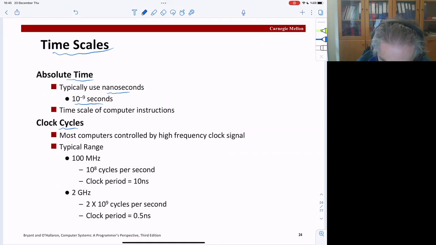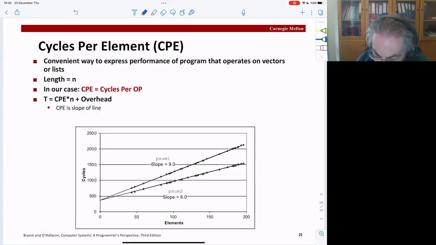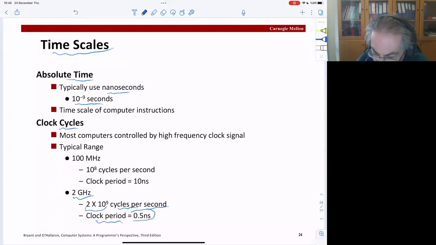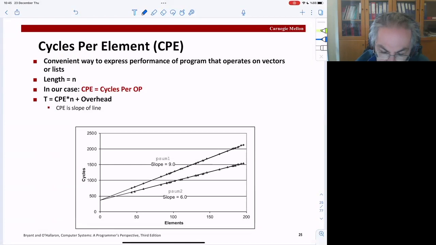If you have, for example, a 2 gigahertz clock, it means that you have 2 times 10 to the power 9 cycles per second with a clock period of 0.5 nanoseconds. So this is useful for absolute measurement, but in this case, related to computation complexity in algorithms,